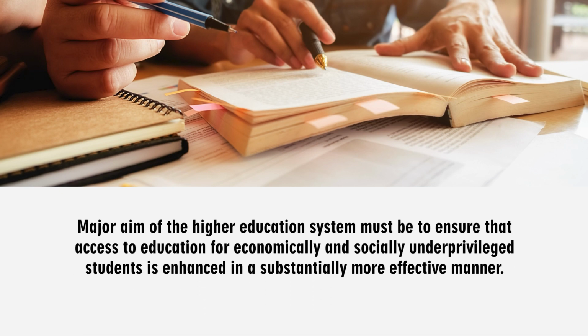Major aim of the higher education system must be to ensure that access to education for economically and socially underprivileged students is enhanced in a substantial, more effective manner. So how to address the downtrodden, how to address the poor people by providing quality and better education to them. It was also a focused point, and that can be possible if our education system is very much integrated and inclusive